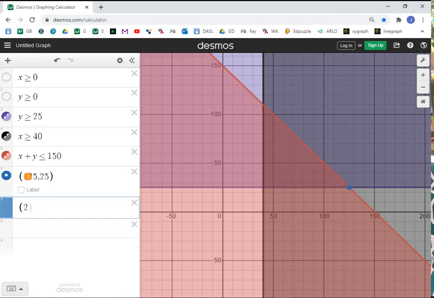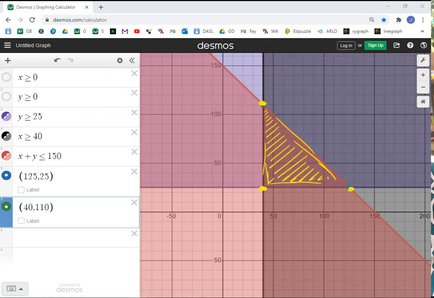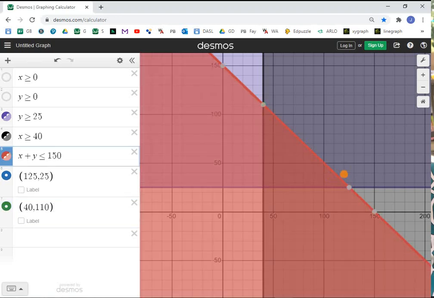No. 40 and 110. All right, so those were my 2 points that we were kind of debating on which one was going to be the maximum value. And one of them you saw gave me like 31,000. The other one gave us 33,000. But this is the one down here that gave us, that point right there is the one that gave us